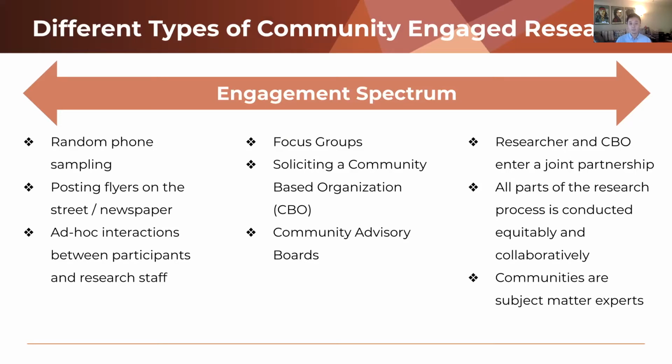On one end of the spectrum, participant recruitment can look like random phone sampling, posting flyers on the street or in newspapers, or ad hoc interactions between participants and research staff. As you can see, these methods are done at the discretion of the researcher with little to no community partner involvement. Moving towards the middle, a researcher might conduct their work through a convened focus group at the beginning of the project, identify key themes and issues, and at the end, report back final findings and conduct data analysis with